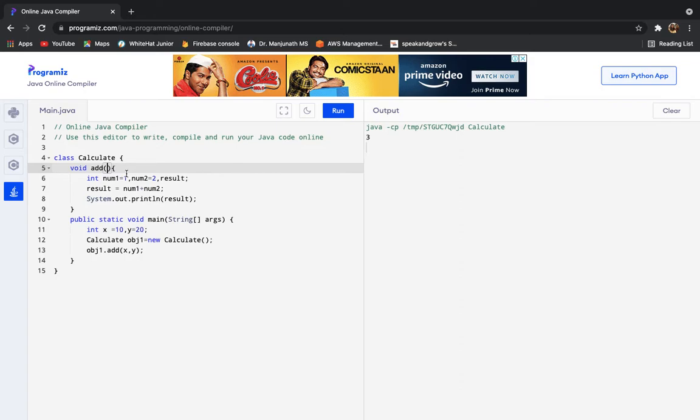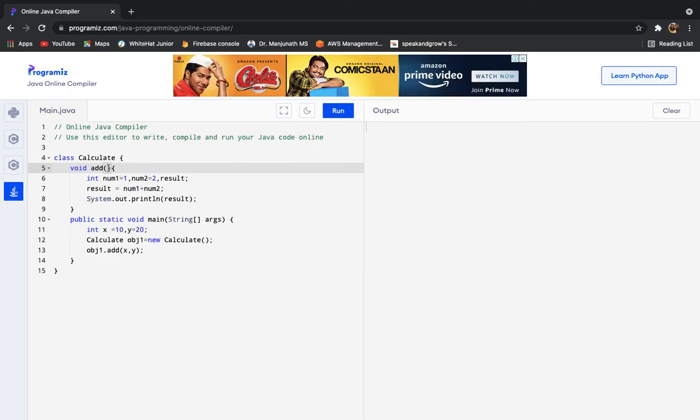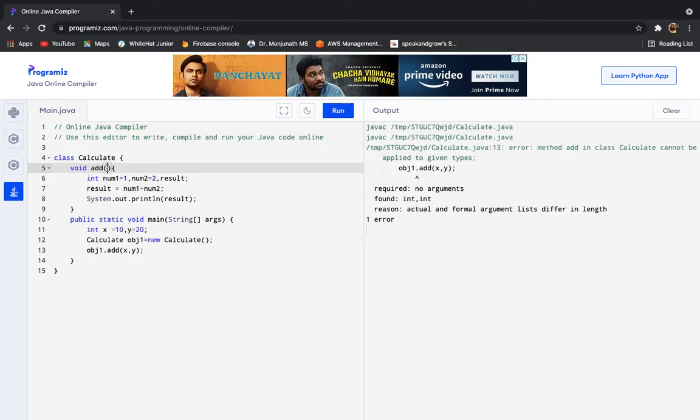Now if you throw something at someone, he or she should catch it. Here also the same thing. If I am passing something and I run this, it will throw an error because your function is not expecting any argument. So here we need to add the argument variables.